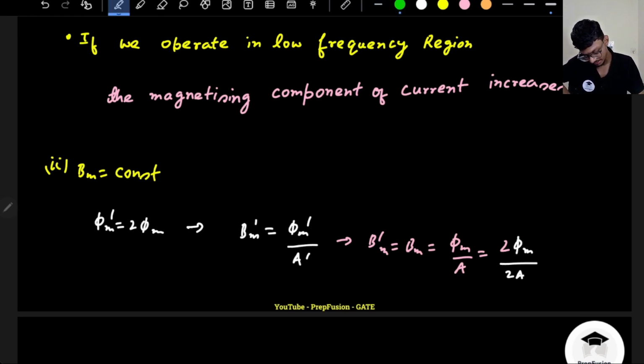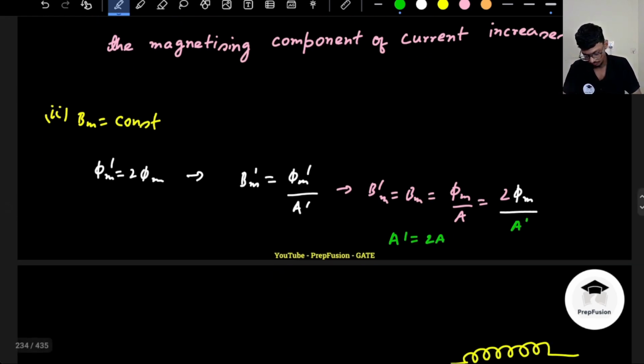So from here I can directly say that A dash will be twice of A. So I have to increase the area of the cross section if I want to keep my maximum flux density the same. So there are two things. Either you, so I will write here,